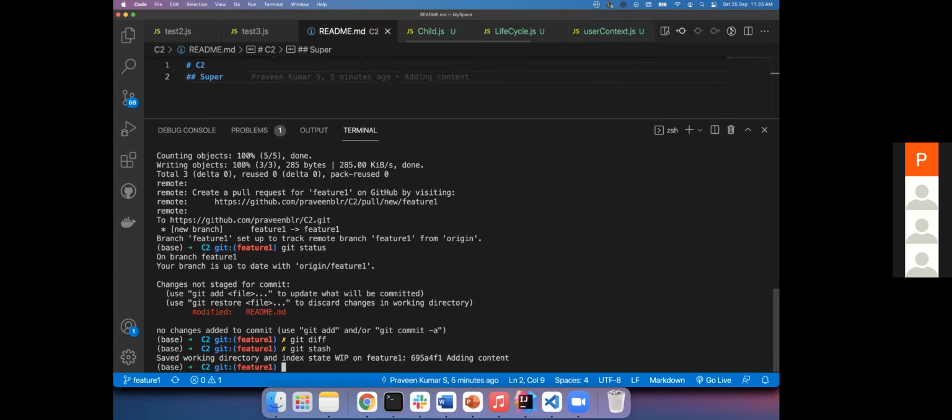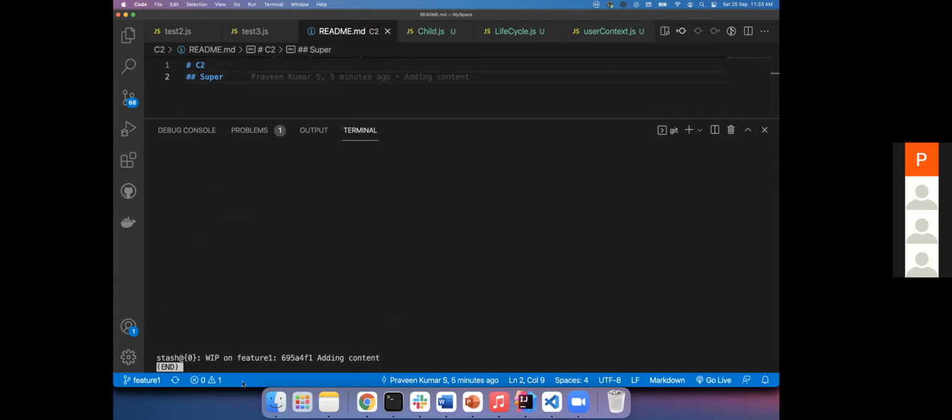You see that is gone, but that is gone to where? That is gone, but not really gone. It's kind of gone. What I mean to say is, you saved your working copy somewhere in the memory. Okay, so what you can do is you can say git stash list. See what happened. So this is what I stashed: stash 0.